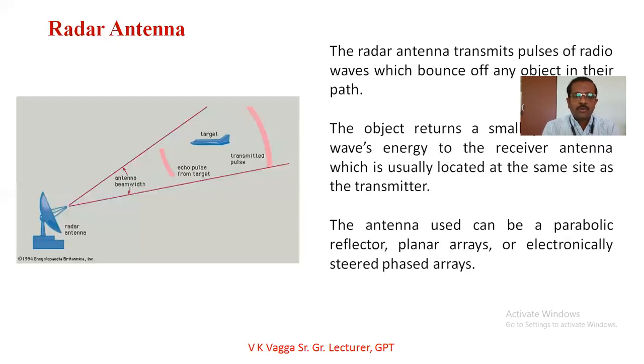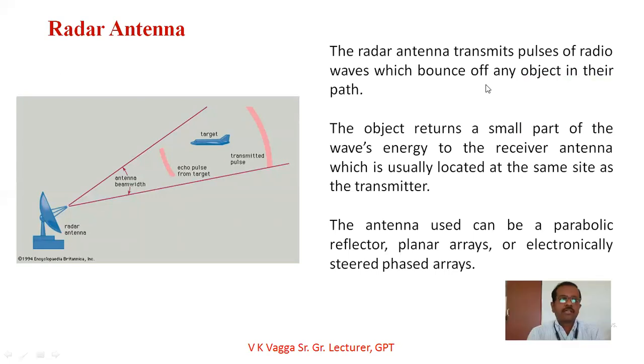If you take a radar antenna, you already know what it does. It is going to transmit the signal, and out of the transmitted signal it is going to receive part of the signal back, reflected as an echo. You can see in the diagram here, this is the radar antenna, and it is going to transmit the signal in a particular range here.